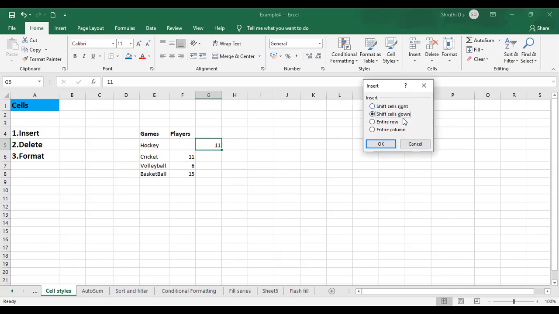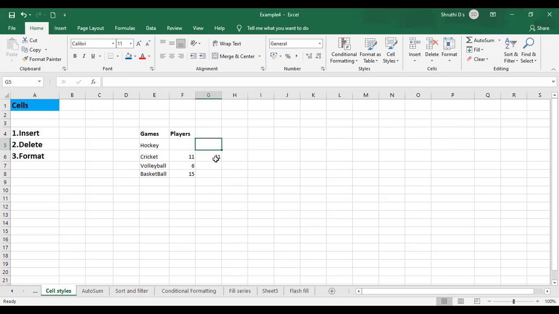Shift cells down means, as you can see, I click OK, and it moved one step downwards. It was here and it moved downwards. Now, if you want to insert sheet rows, I'll undo all these options which I did. I just want to insert a row between hockey and cricket.